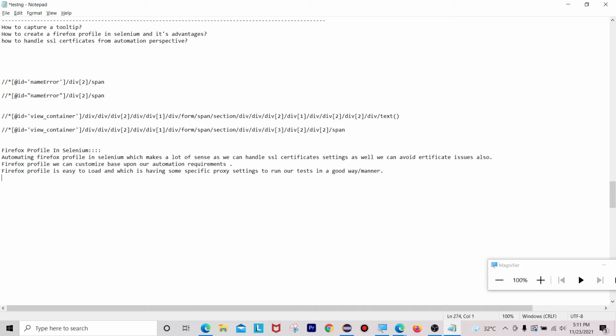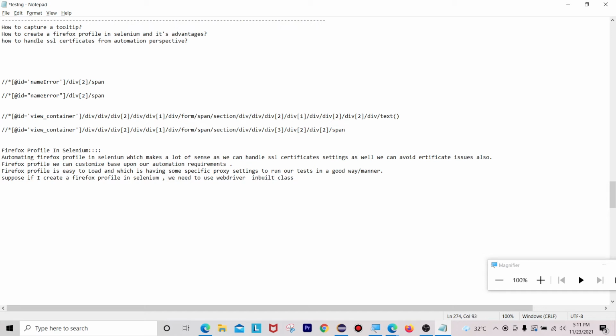And the last one is, suppose I create a Firefox profile in Selenium, we need to use WebDriver's inbuilt class. What is that class name?